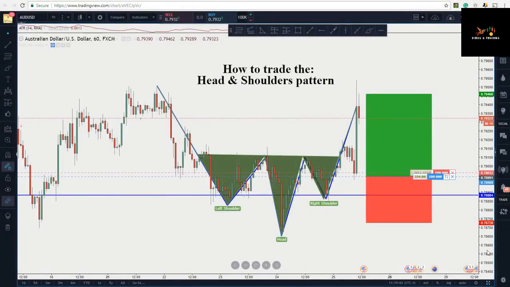Alright guys, so as you can see on the chart in front of you, we actually had a pretty good example of a head and shoulders pattern on the Aussie dollar, and we're going to come back to this trade after the tutorial part of this video and check out some more in-depth analysis on this specific trade. So now let's go ahead and get into exactly what we're looking for when it comes to a head and